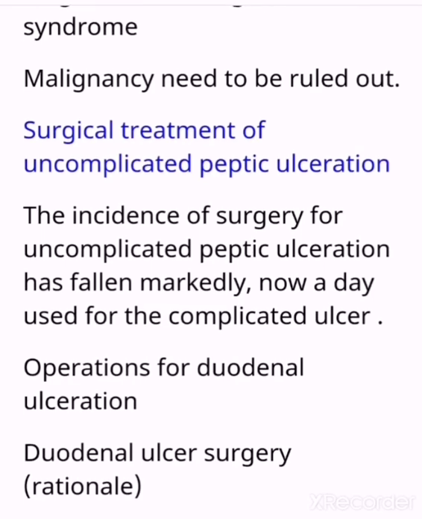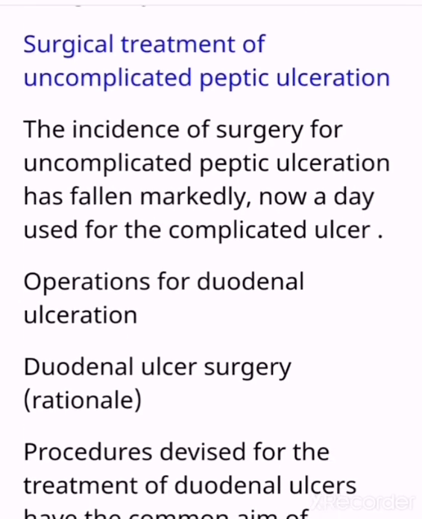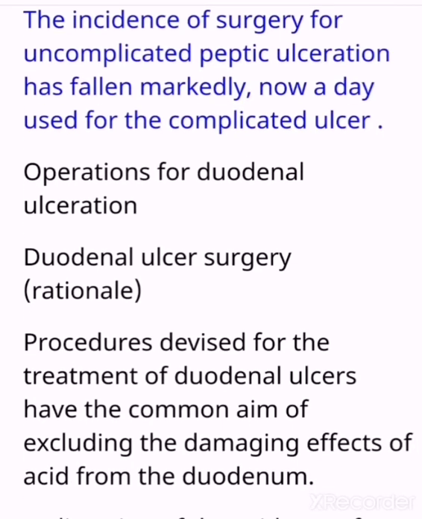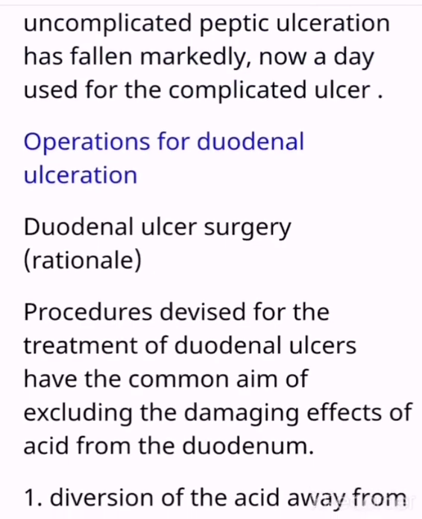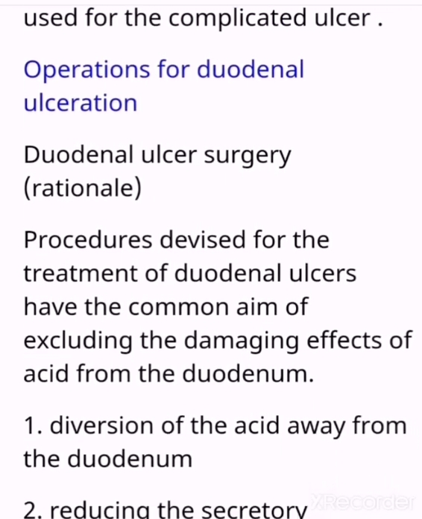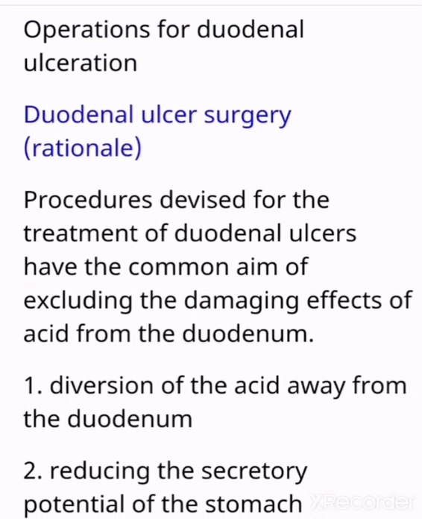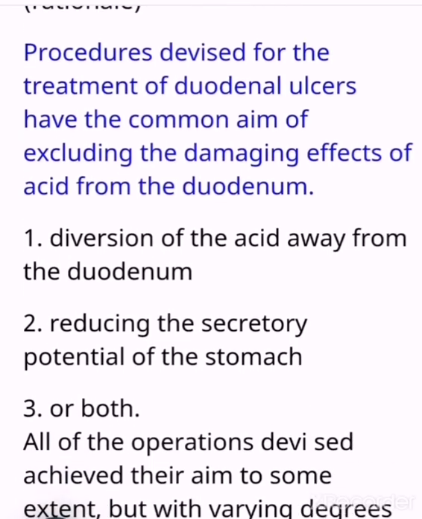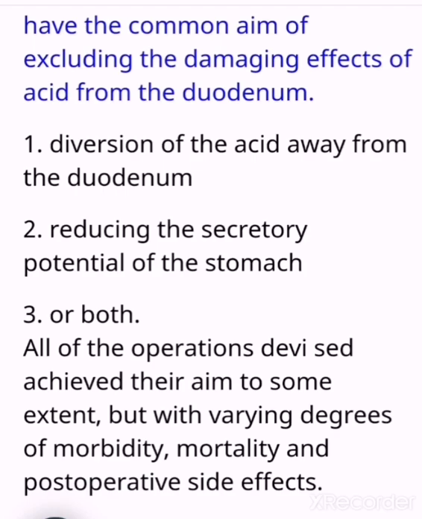Surgical treatment of uncomplicated peptic ulceration. The incidence of surgery for uncomplicated peptic ulceration has fallen markedly, nowadays used for the complicated ulcer. Operations for duodenal ulceration. Duodenal ulcer surgery. Rationale. Procedures devised for the treatment of duodenal ulcers have the common aim of excluding the damaging effects of acid